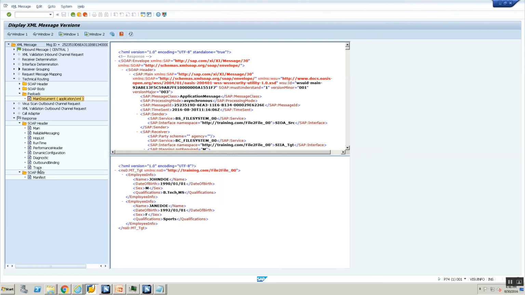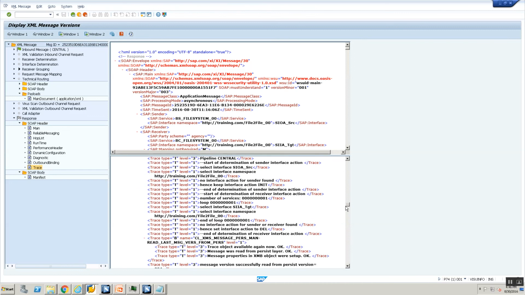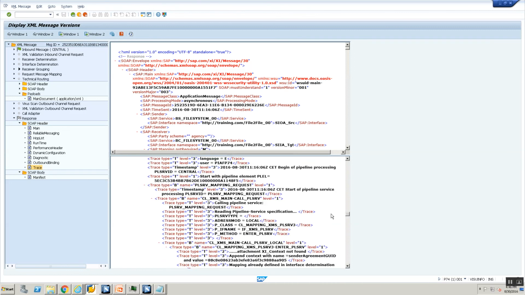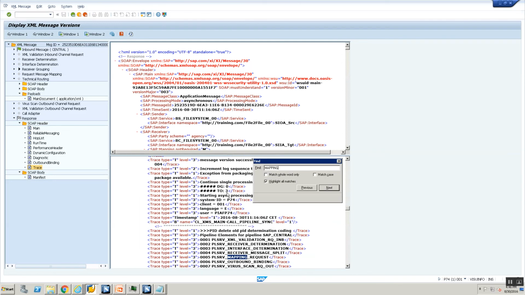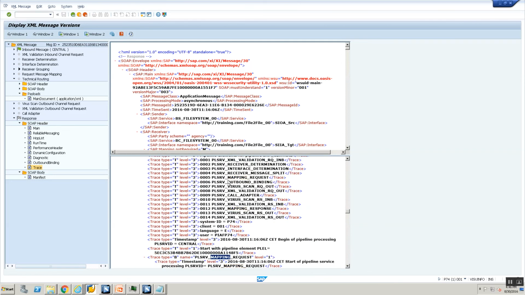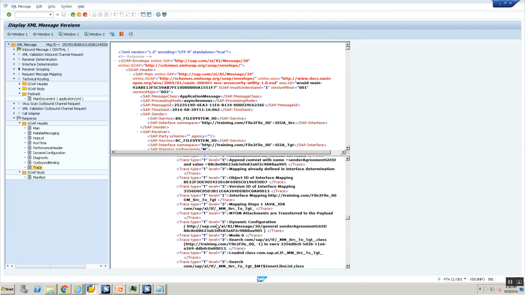Now where do I see the trace statement? You see this trace in the response. Let's double click this trace and then scroll all the way to the bottom, and somewhere you will see mapping. You can always search with Control F and say mapping, and you will see your mapping execution starting, and you see the mapping is defined, you see the mapping is